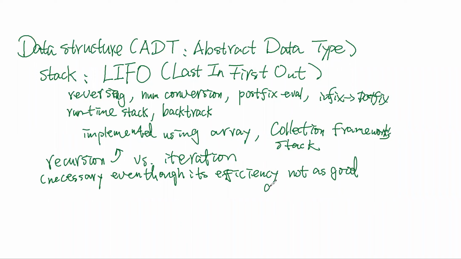Who remembers what's the reason for that? Why is it not as efficient as the iterative way? If you have a task, you can complete it in either an iterative way or a recursive way, then definitely the iterative way is better, it's more efficient. It's because recursion has method call